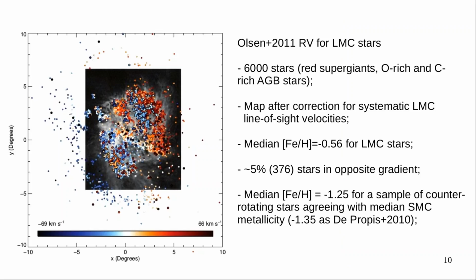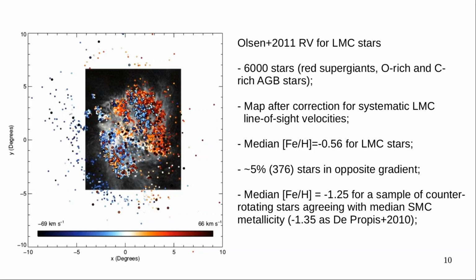In this slide 10, a very interesting paper from Olsen 2011, 5 years ago, is about the radial velocity for the LMC stars. Using a large sample of giants, they corrected the radial velocity by the LMC systematic velocity. In the figure on the left, the stars are color-coded by the velocity, and the stars in the northwest region,